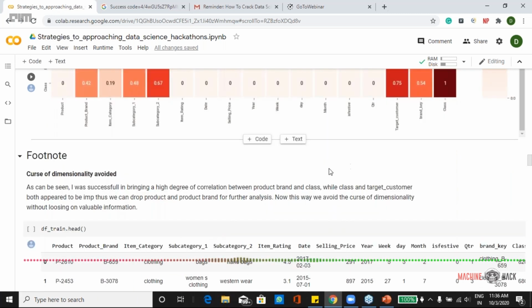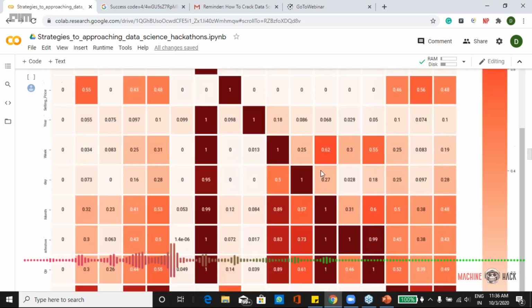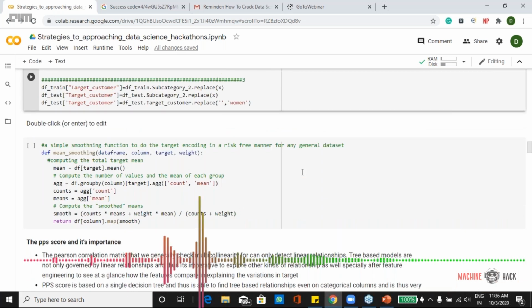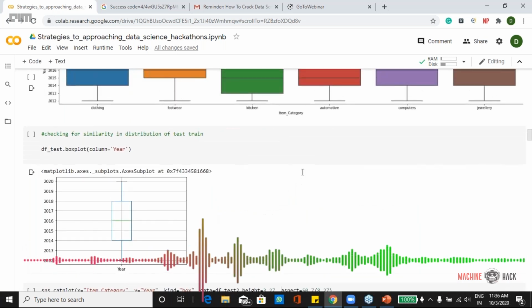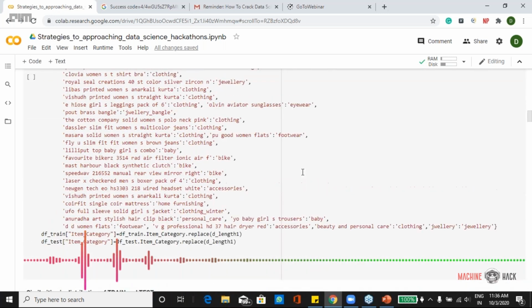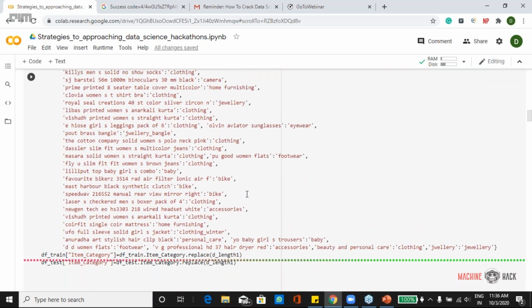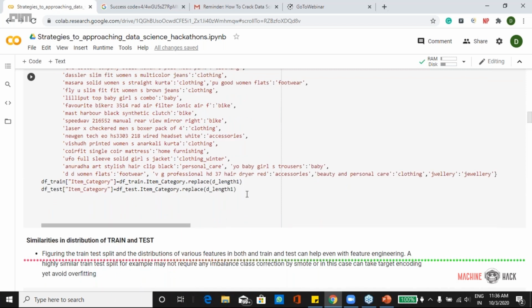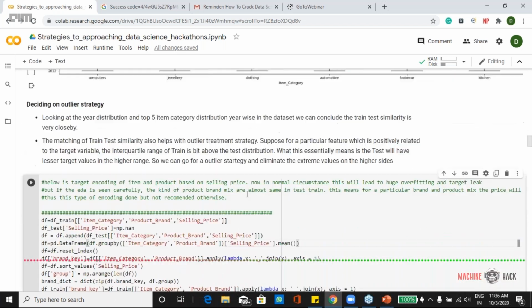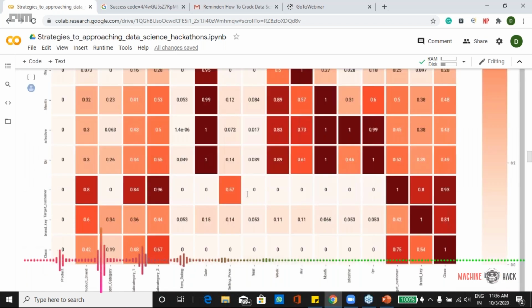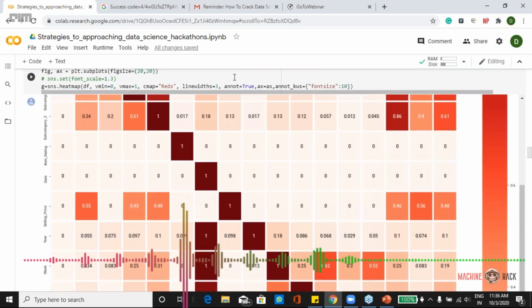One thing I did here was that I showed you guys how I manually mapped all those item categories into new features and changed the whole item category into groups. And you can see in the PPS score, it's defining one thing that